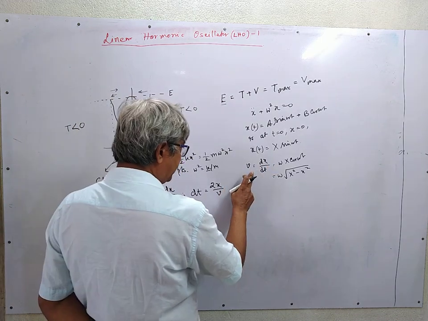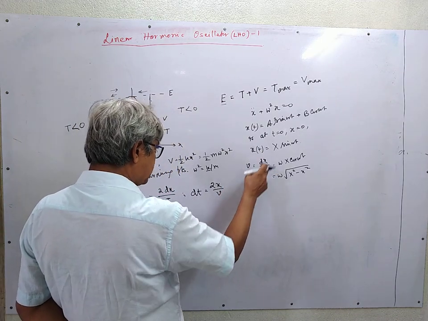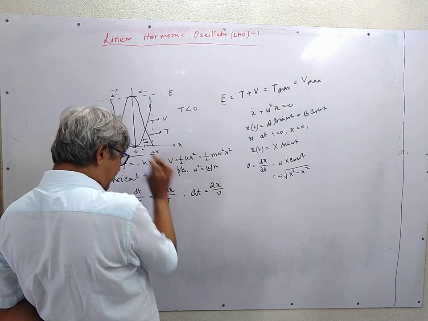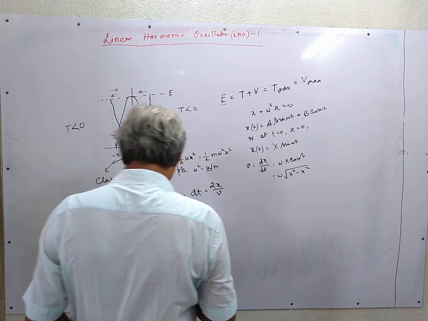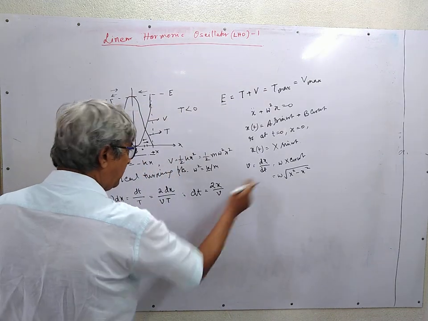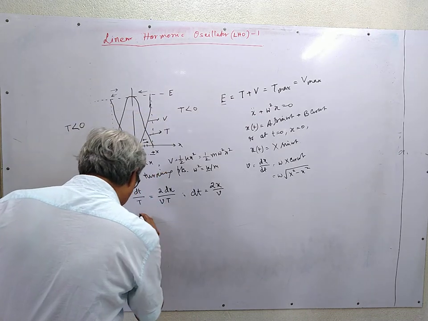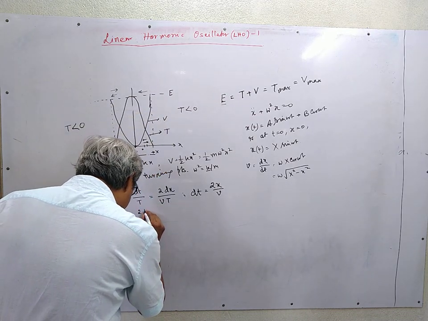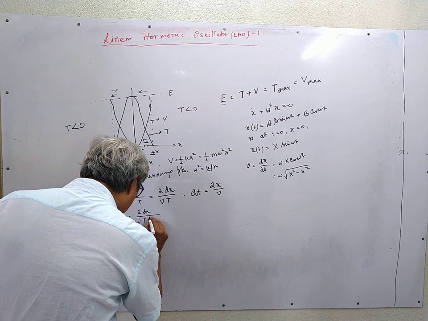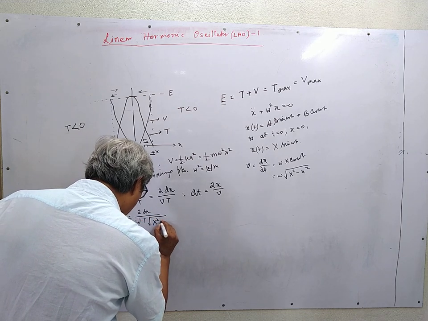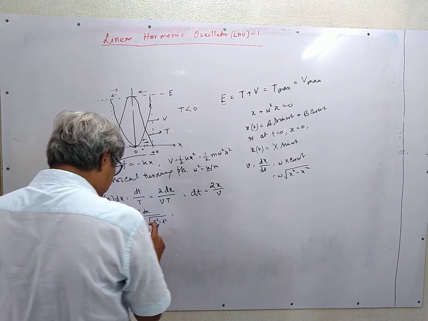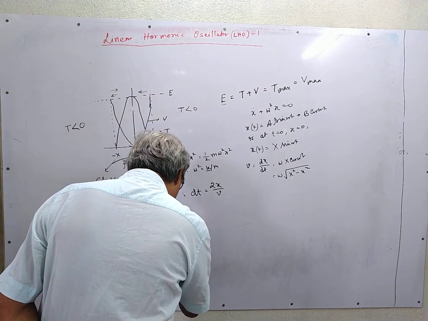From this relation we know that dt is equal to dx by v, because it travels the strip twice, so the factor 2 is there. And if we write for v this expression, we get twice dx over omega times the square root of X square minus small x square. As omega T is equal to 2 pi, this is